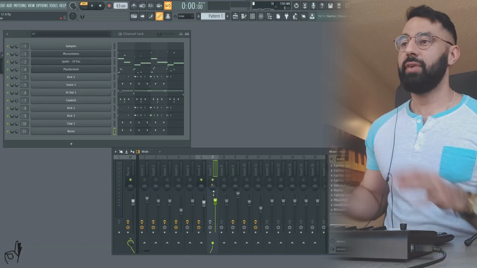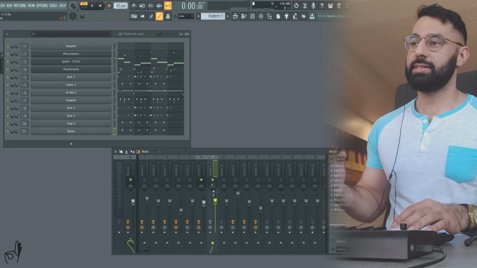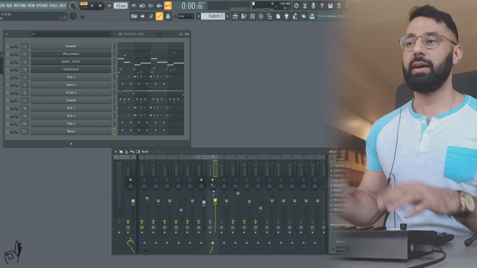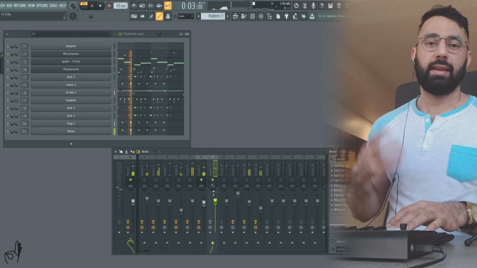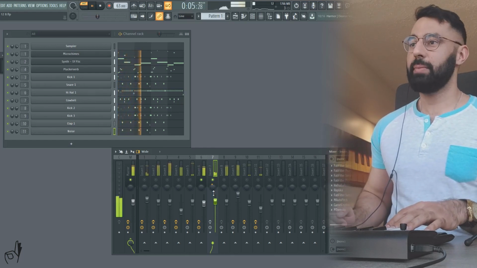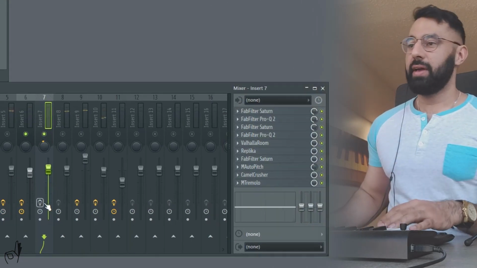Lastly, what I'm going to do is show you a very extreme example of what you can achieve with just your mixing tools to create a very unique sound. What I have here is just a very typical sounding cowbell, nothing too interesting, nothing too unique about it. But once I add all of these effects on top,